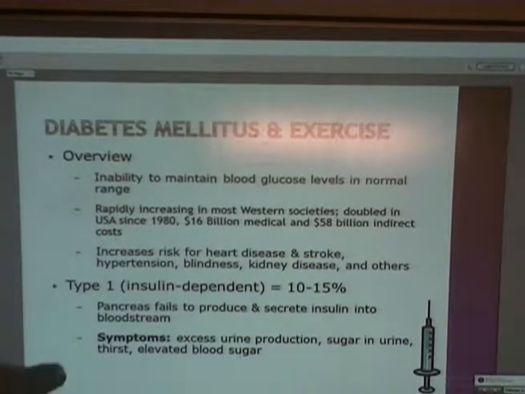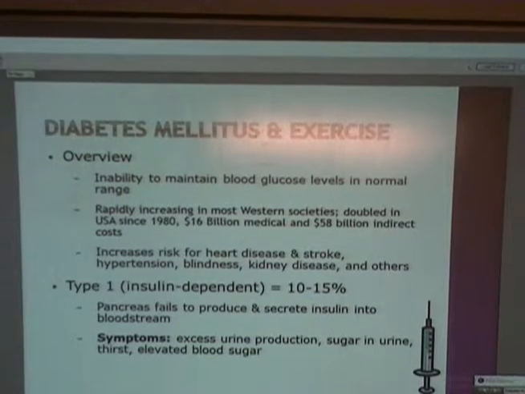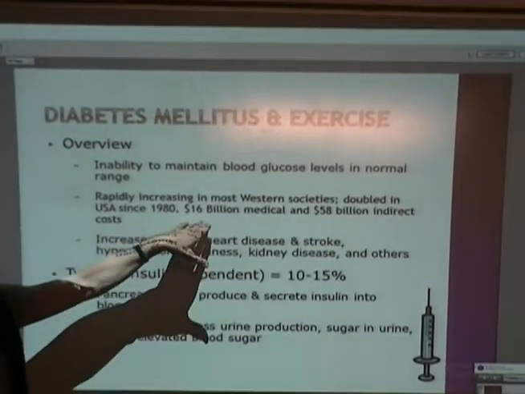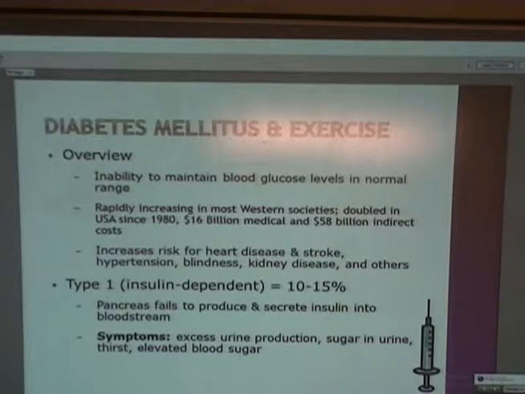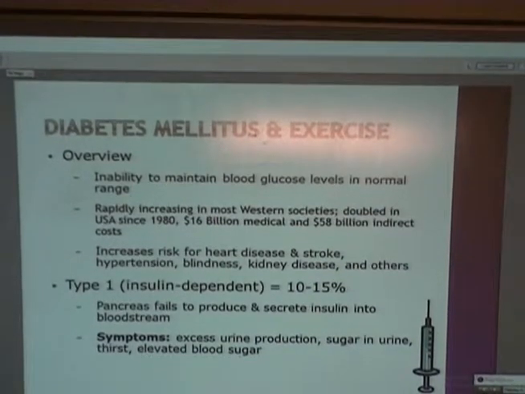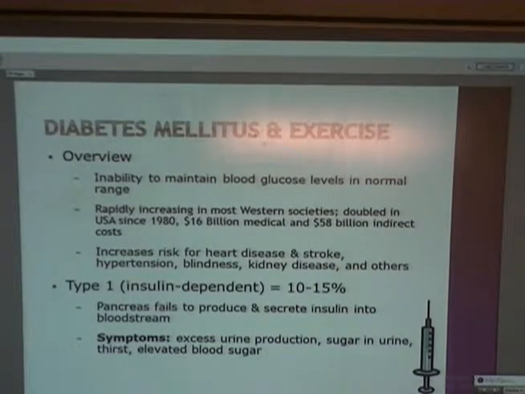So diabetes, in particular type 2, is a really big problem. It's getting worse. The number of people who suffer with diabetes or are being diagnosed as pre-diabetic now is on the rise. And as you can see, it's just about doubled since 1980, and it is costing a huge amount of money for insurance companies and therefore for us, because anything the insurance company gets charged gets passed on, right? The premiums go up every year, and what you get for your premiums goes down every year, right?